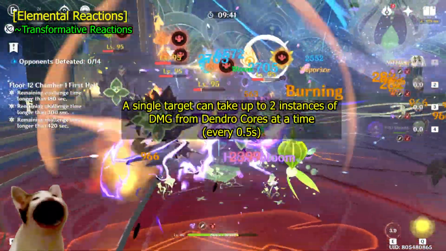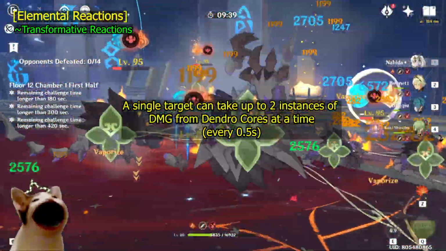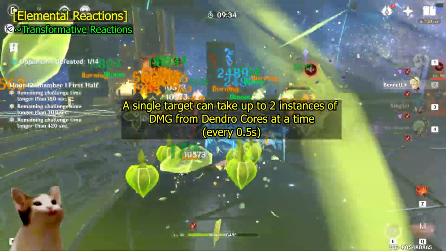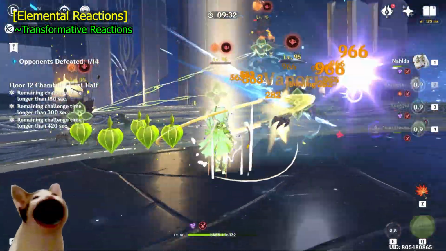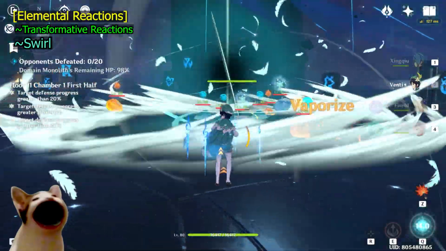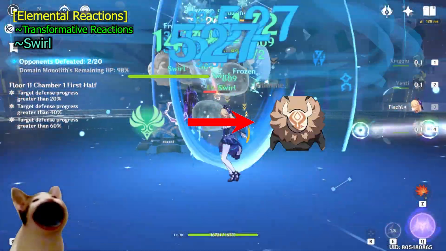Keep in mind that one target can only take 2 instances of damage from these Bloom-related reactions every 0.5 seconds. Why, you may ask? Probably just a way to balance the game and make sure that it doesn't nuke every healer chose in existence. Swirl is the reaction created when an Anemo is applied on a target that is already